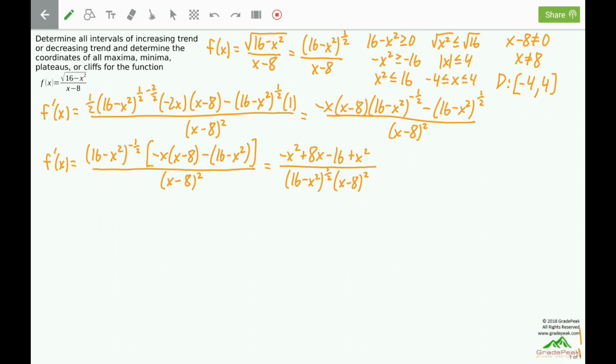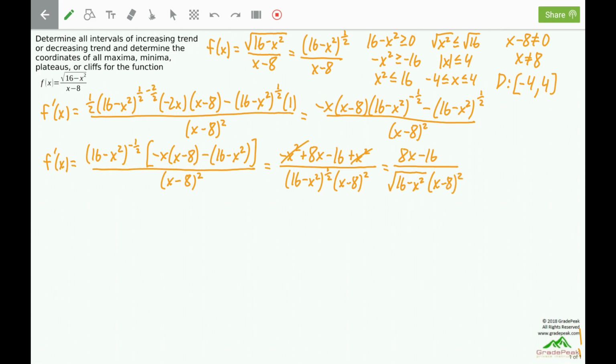We can combine like terms together in the numerator. The negative x squared and positive x squared will cancel each other out. So it will be 8x minus 16 divided by the 1/2 power can be rewritten as square root. So it would be square root of 16 minus x squared, and then there is an x minus 8 quantity